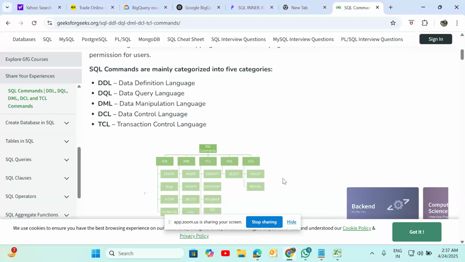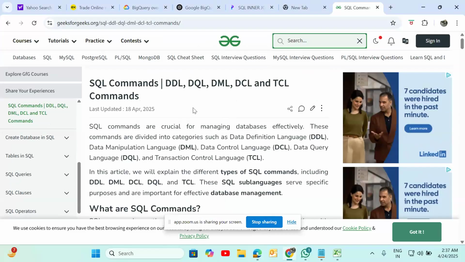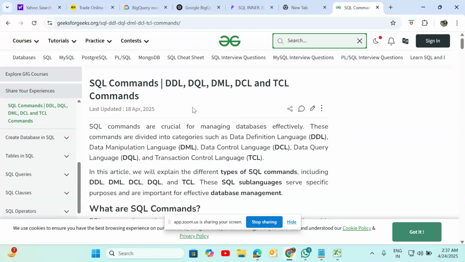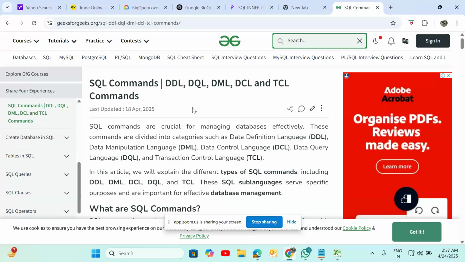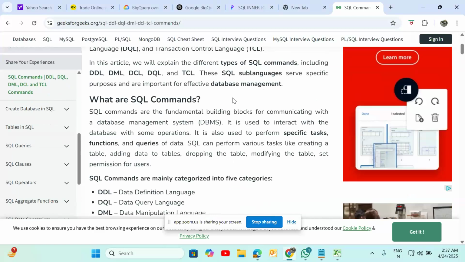First of all, SQL commands. Commands, in the sense of what you are writing, the queries. That is called SQL commands. Basically we have the DDL, DQL, DML, DCL, TCL commands. What is a SQL command?